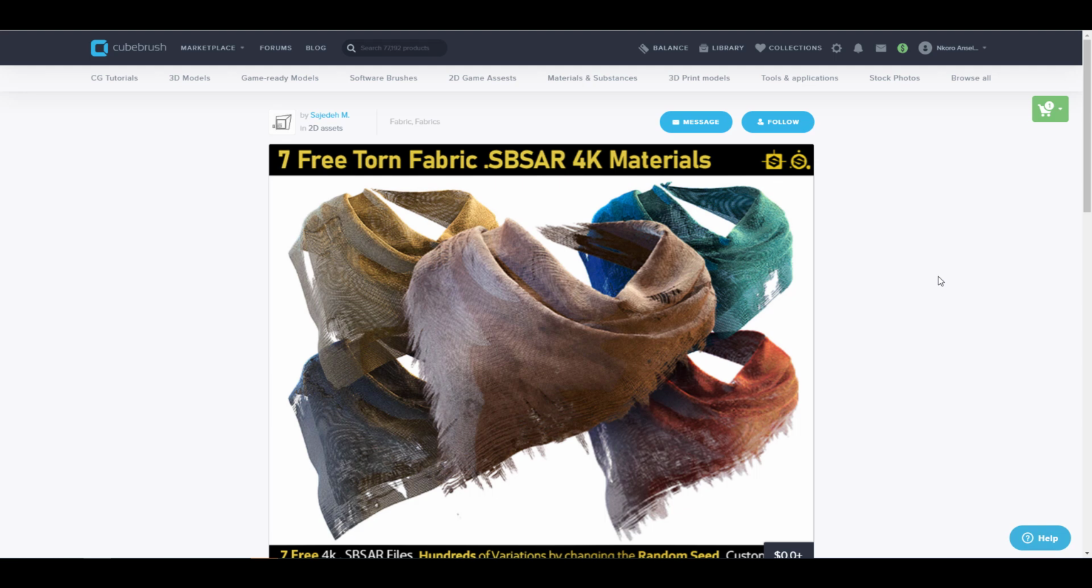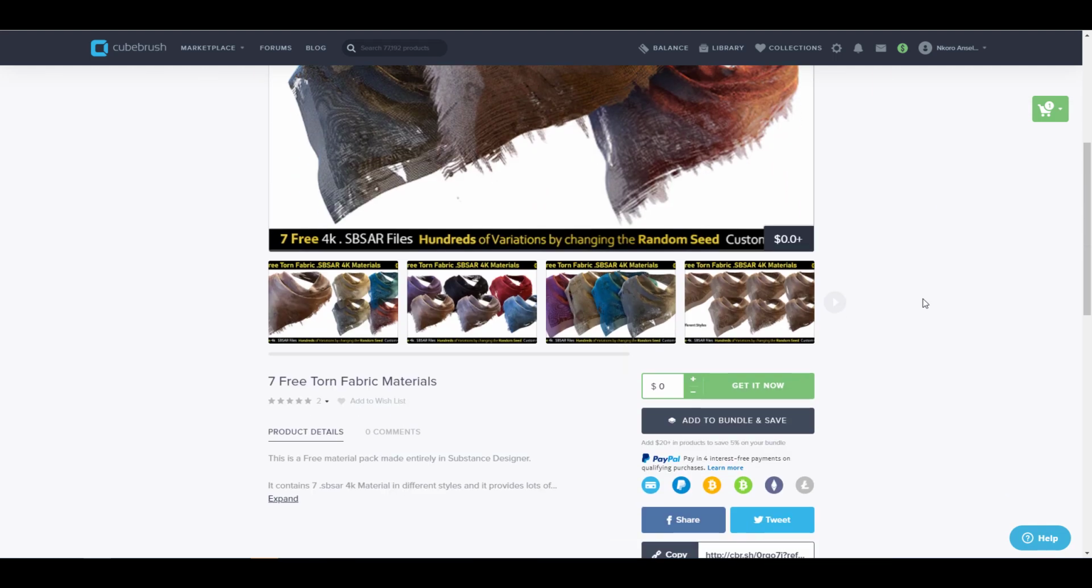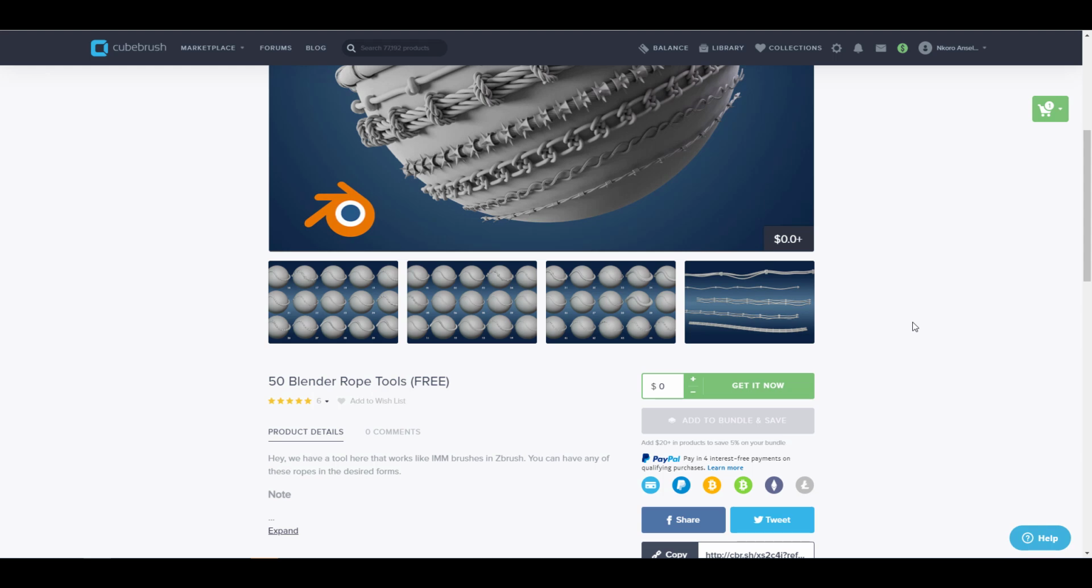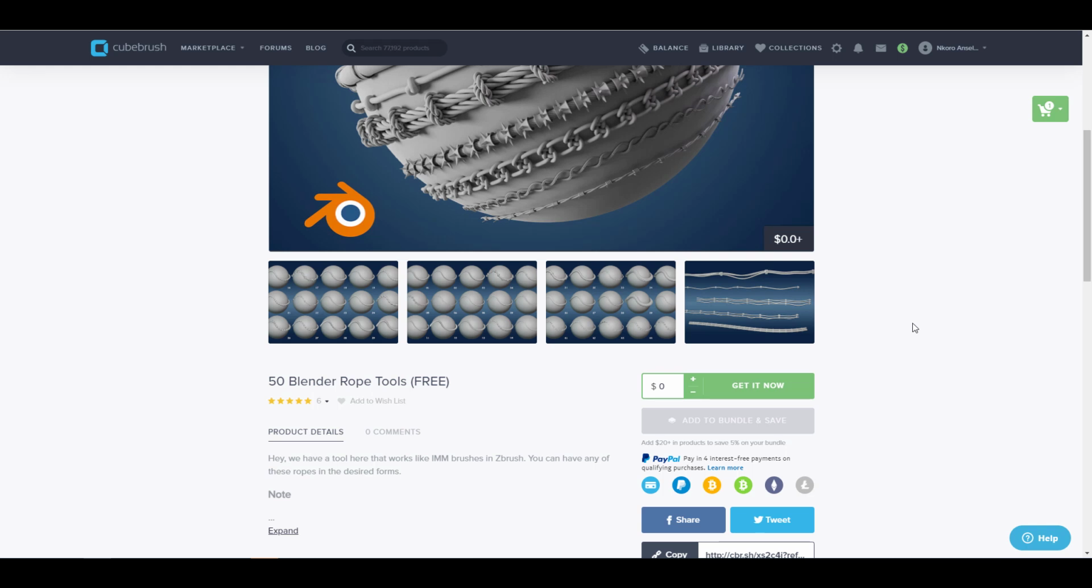So in case you're thinking about getting some fabric which you can procedurally play with, or you want to change, update this, or get some random variants of these things, you might find this one very interesting. And while we talk about things that you can find very interesting, Saleh has created this beautiful Blender